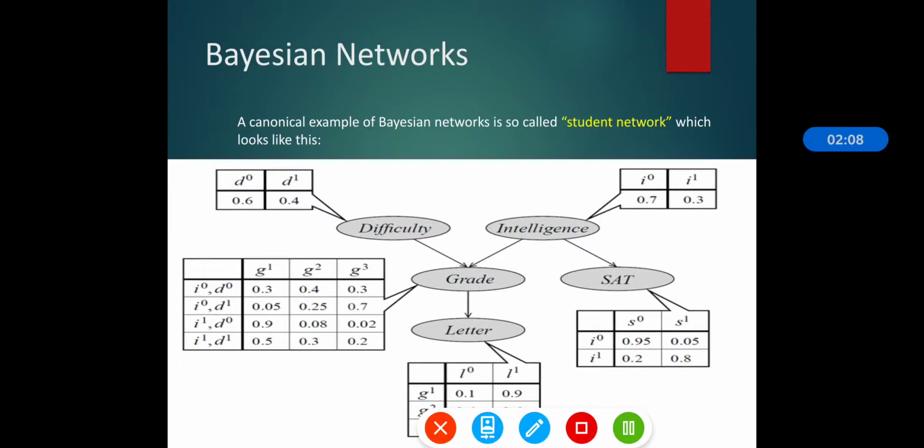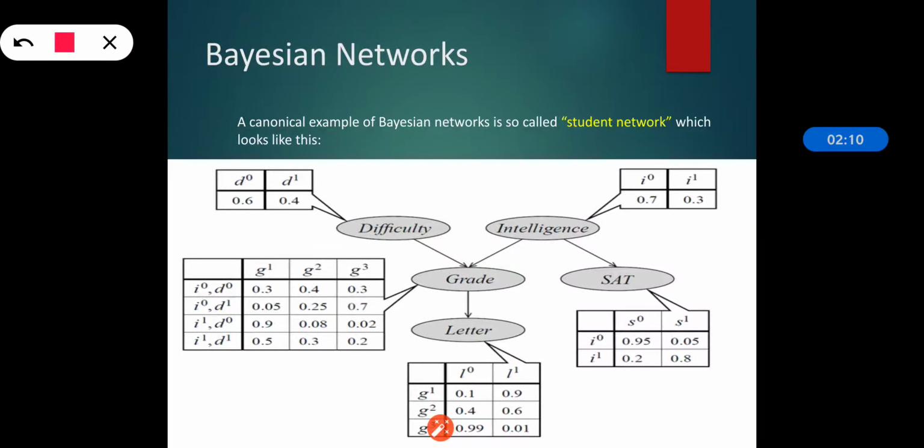The canonical example of a Bayesian network is the so-called student network, which looks like this. We can see in this example that there are 5 random variables: difficulty, intelligence, grade, SAT, and letter. Difficulty takes the values 0 and 1, 0 for low difficulty and 1 for high difficulty.